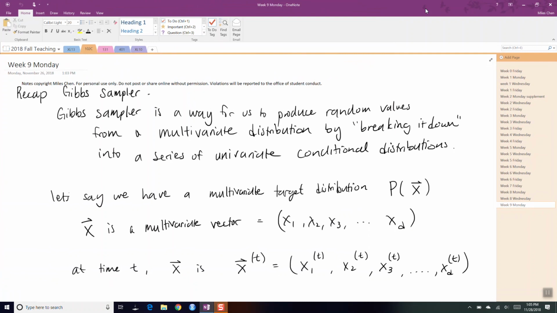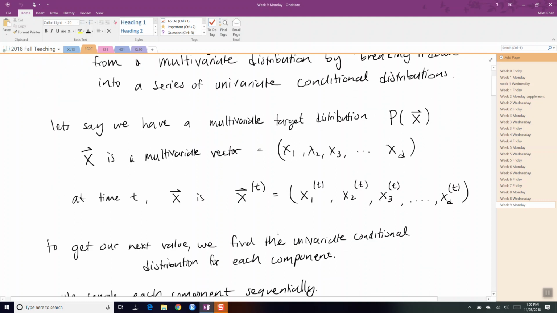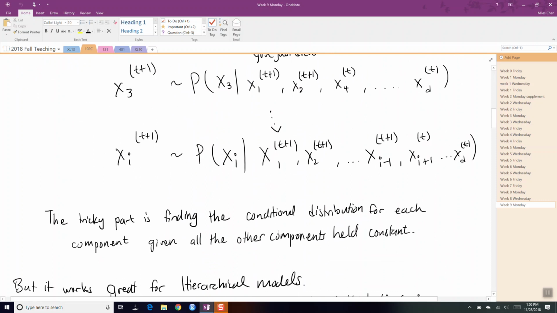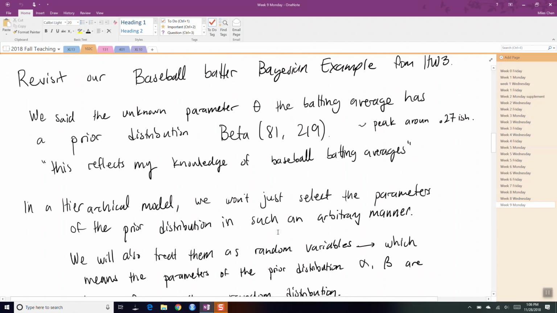On Monday we talked about the Gibbs Sampler, and we said this is useful in the hierarchical model because in a hierarchical model, the conditional distributions are kind of naturally set up. For a Gibbs Sampler, figuring out the univariate conditional distributions, where you condition on everything else, is often the hardest part. And so here we can